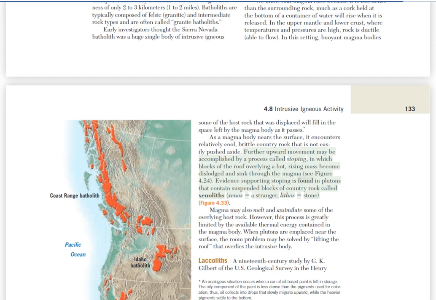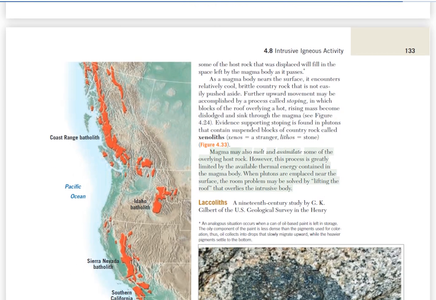Evidence supporting stoping is found in plutons that contain suspended blocks of country rock called xenoliths. Magma may also melt and assimilate some of the overlying host rock. However, this process is greatly limited by the available thermal energy contained in the magma body. When plutons are placed near the surface, the room problem may be solved by lifting the roof that overlies the